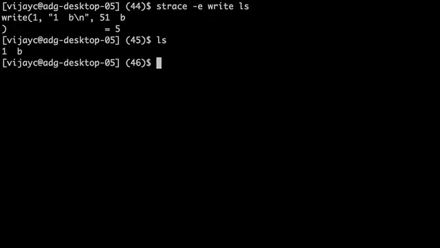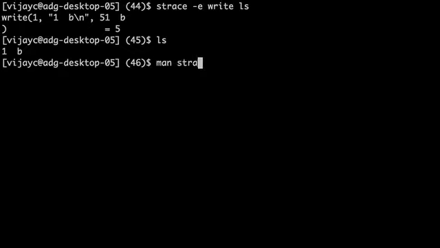In this way, you can usually decompose the behavior of your entire program using just system calls, because it really doesn't matter what else it does; it has to use system calls to communicate with your OS. Anything that it prints on screen, anything that it writes to a file, anything useful that someone external can see will need a system call. So even if you don't have the binary or the source, you can still use this to figure out what a program is doing. It's a very useful tool.